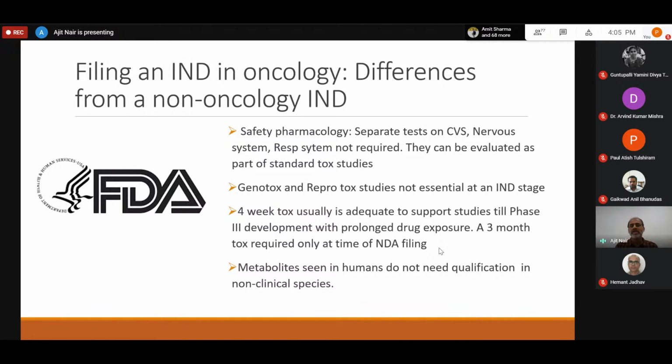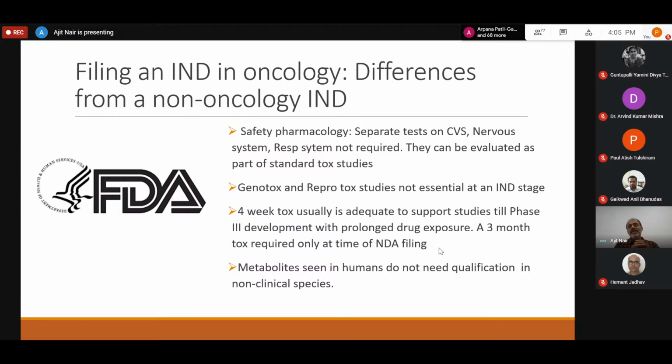You need full chemistry manufacturing control information, specifications on drug substance and drug product, right? You need all the requirements which go into a classical IND. And of course, your phase 1 protocol, which is to be tested in humans. So that's the complete IND package, which is required when you file any product with the FDA for a first-in-man